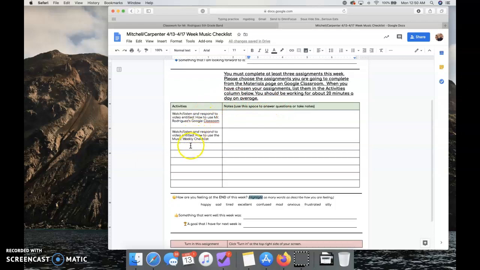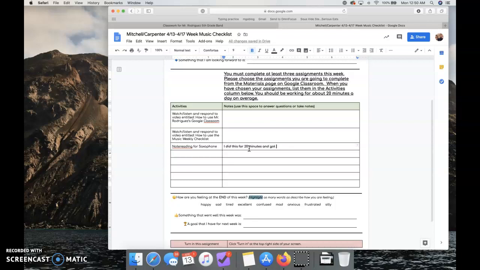Okay, and if you did that, I'd come down to this section here and I'd write note reading for saxophone, or whatever it is you play. Okay, and you'd notate that there, saxophone. Okay. And then you'd come over here and you'd say, I did this for 20 minutes and got whatever